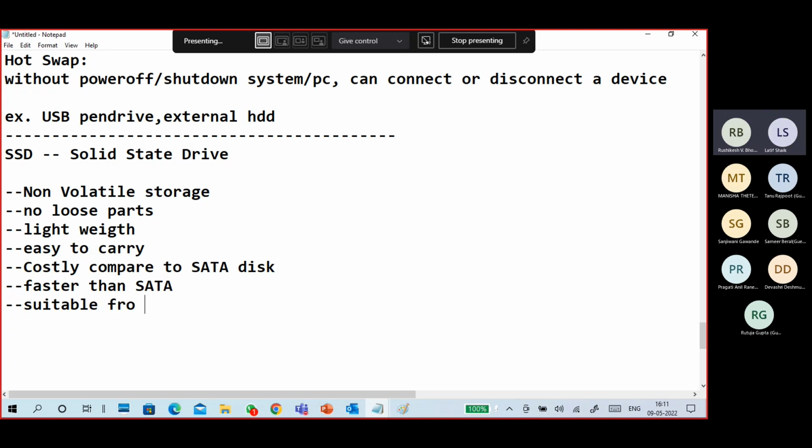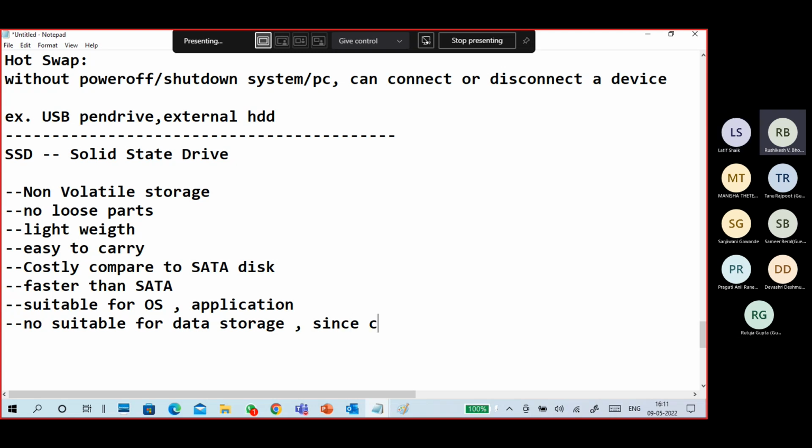Suitable for OS and applications. Not suitable for data storage. You know why? Since the cost of